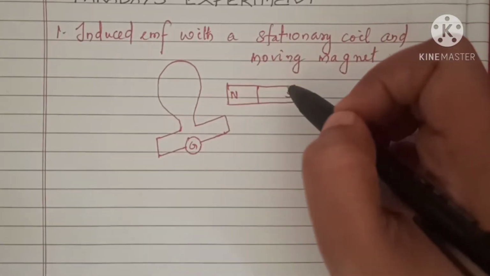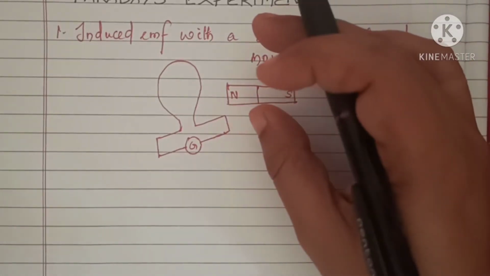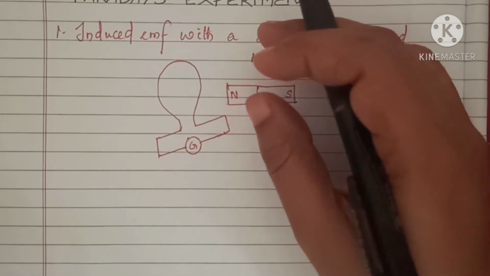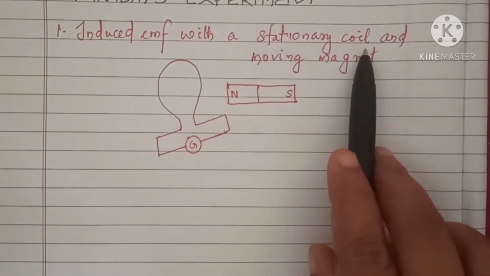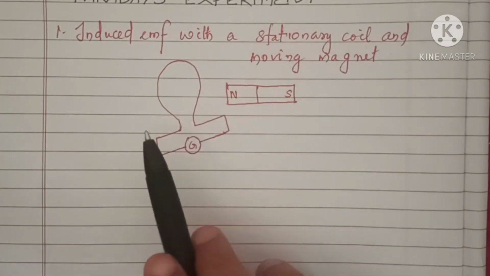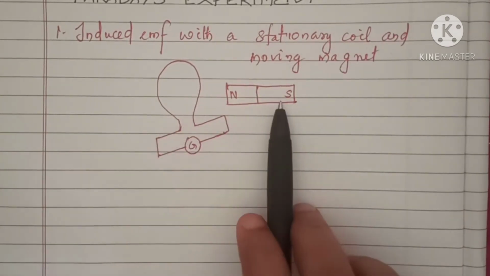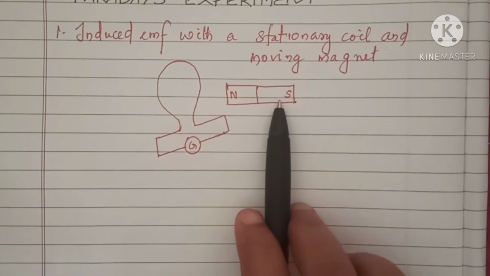Then a strong bar magnet is placed near the coil. In the heading itself you can see the coil is stationary. We are not moving the coil. It is stationary, but we are moving the magnet. Shall we start? So first of all,